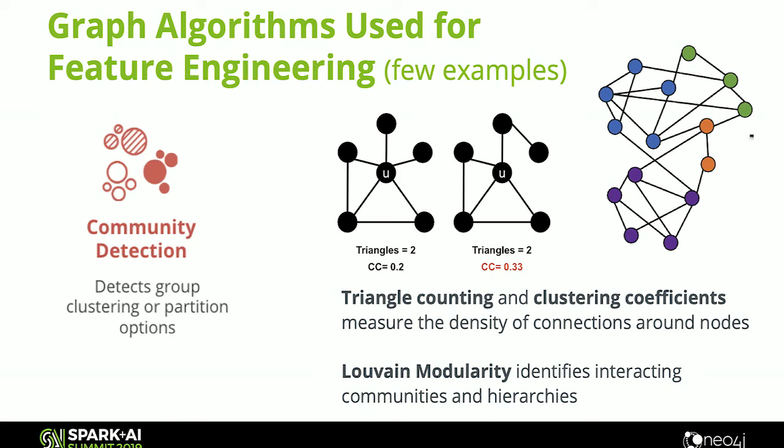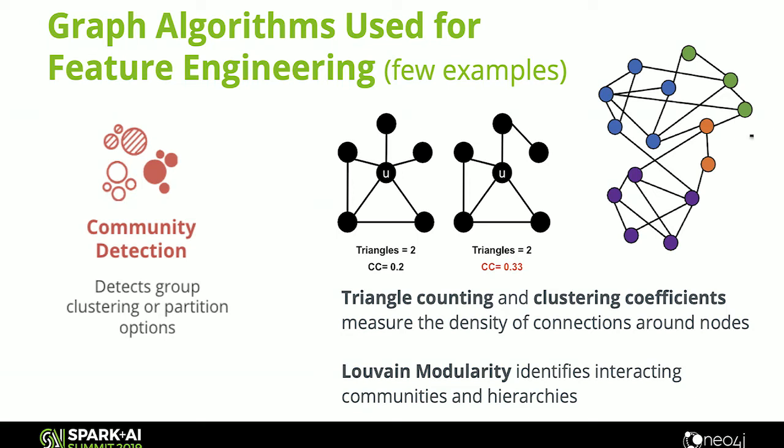Community detection is really common as well when you're trying to predict relationships in the future, basically trying to understand how things are partitioned and how densely they're partitioned. Triangle count and clustering coefficient were, in my mind, surprisingly predictive because they're looking at a particular node and trying to understand how many of that node's friends or connections they have in common. So how tight is it, how likely are your neighbors to already be connected?